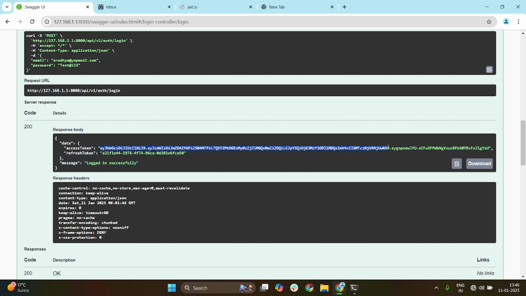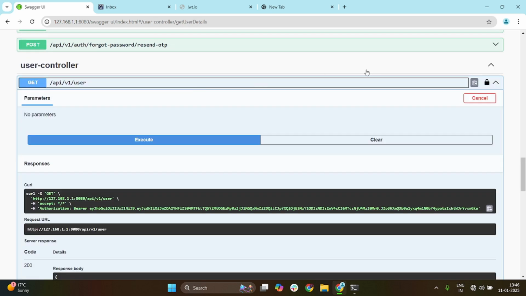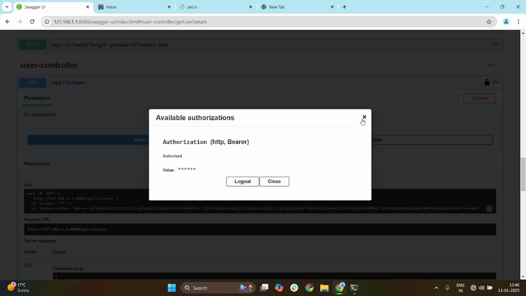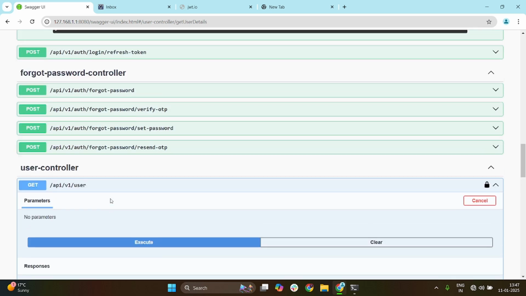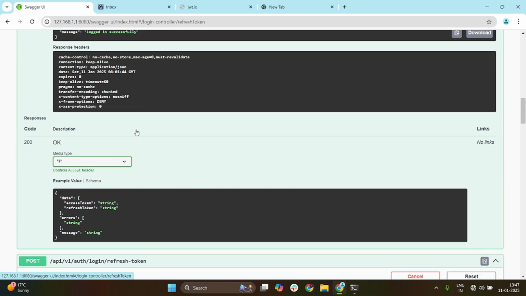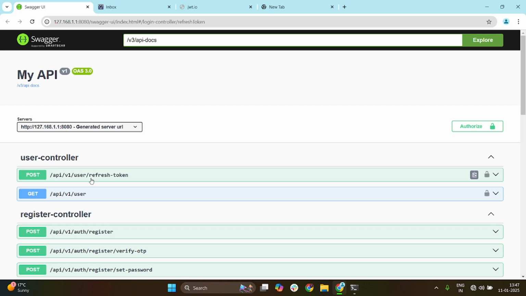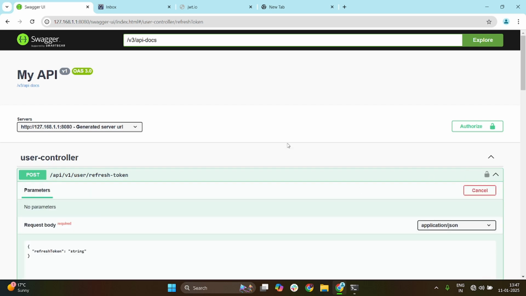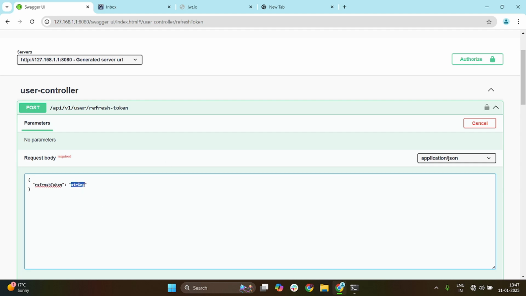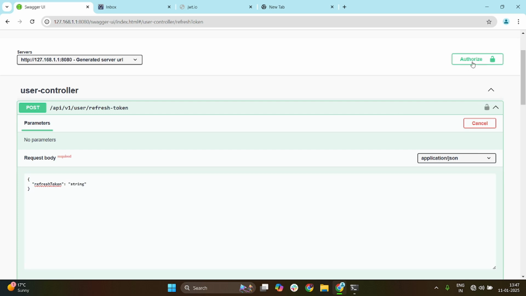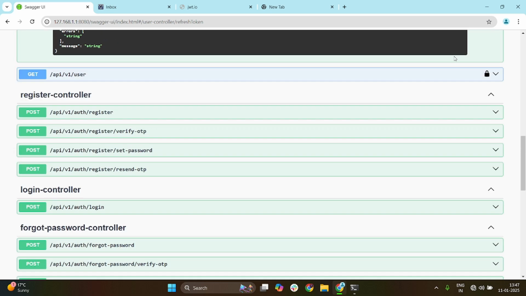Let me authorize my app using, look, the previous token from which I have authorized, which has an expiry of 15 minutes. So when I hit this, I will get details successfully. But when I click, so this was my previous video, due to which I decided to place the refresh token inside the login controller. If I put this access token which is already expired,